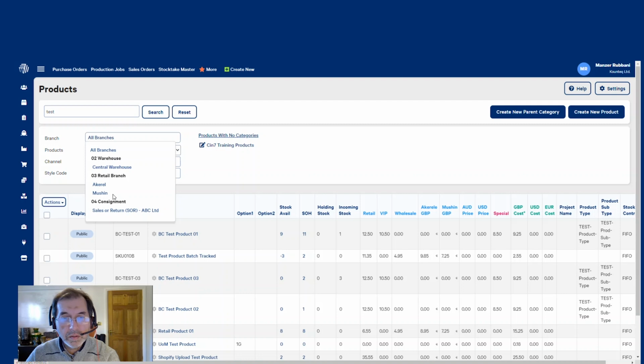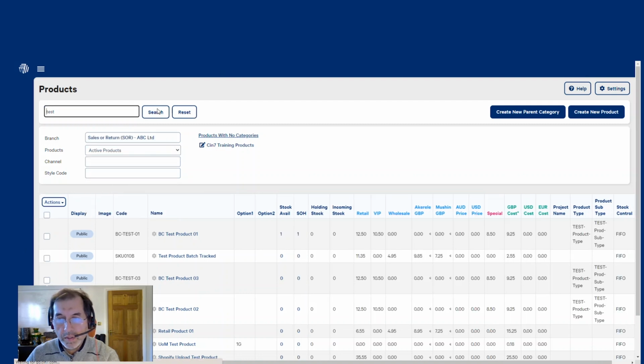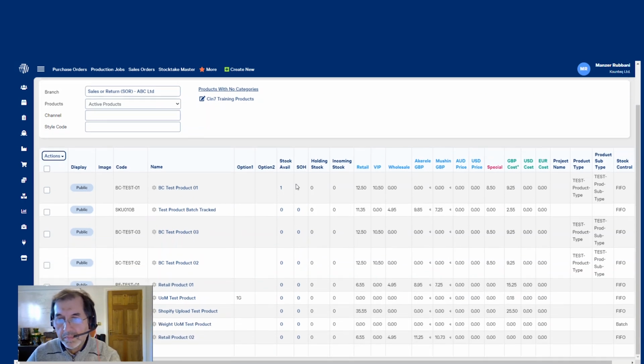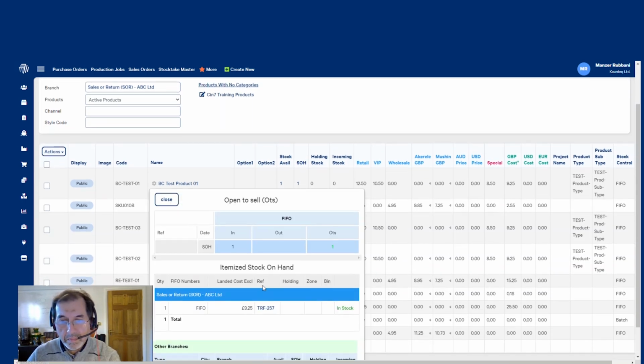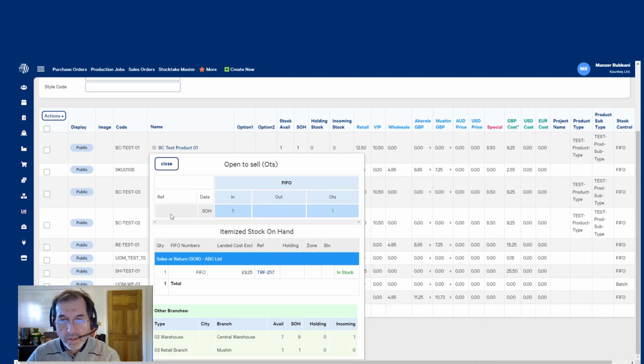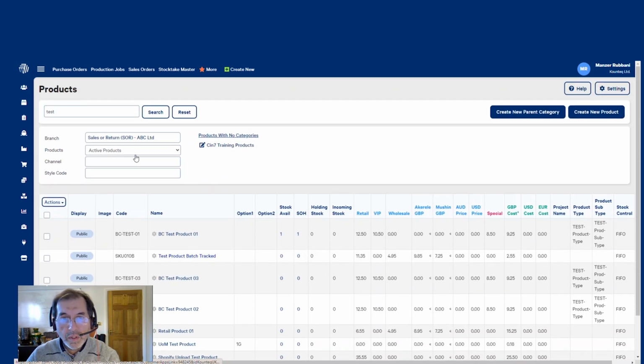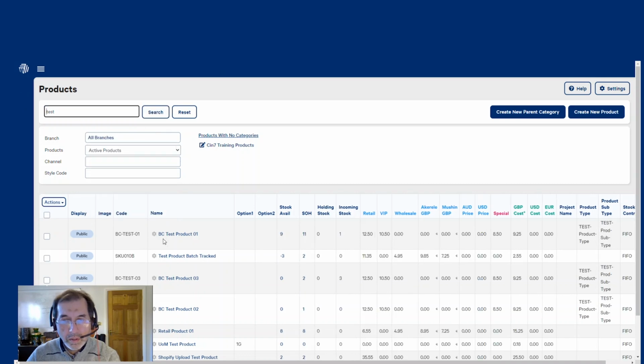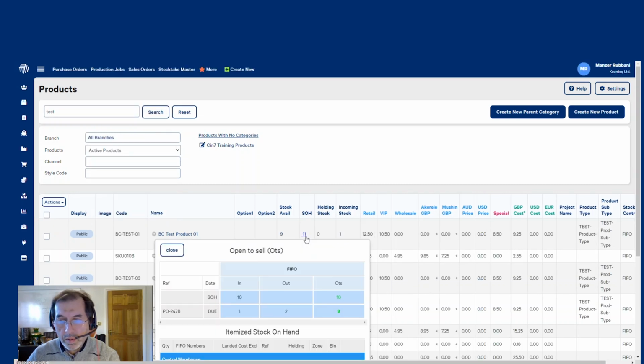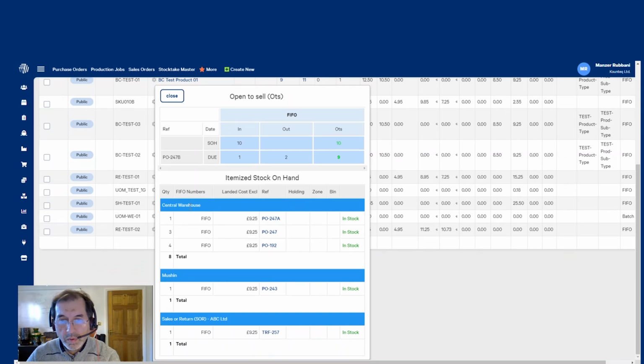I've got a few test products there. Let's see if we can find it. There we go. If I click onto that, it's one sitting in sales return. If I take off the branch filter, that's one up here in sales stock on hand, and we'll see we've got some in the central warehouse, some elsewhere, and one on the sales return warehouse.